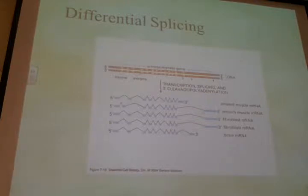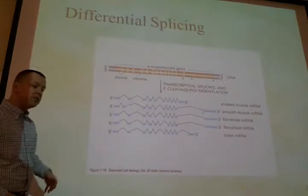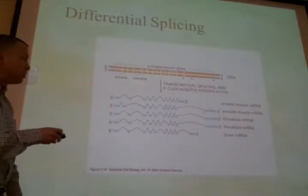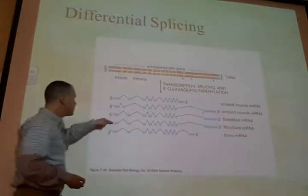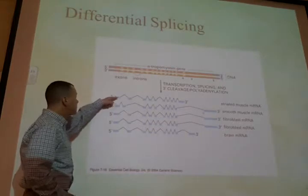Okay. A couple more things about these introns and exons. Sometimes not all the exons are kept in the transcript. And this has led to the discovery of something called differential splicing. So if each of these blue little boxes represents various exons, usually this is a tissue-specific phenomenon, so this gene for this protein called tropomyosin is found in a number of different cell types, but it's made in slightly different ways, the final protein that is, in the different cell types,